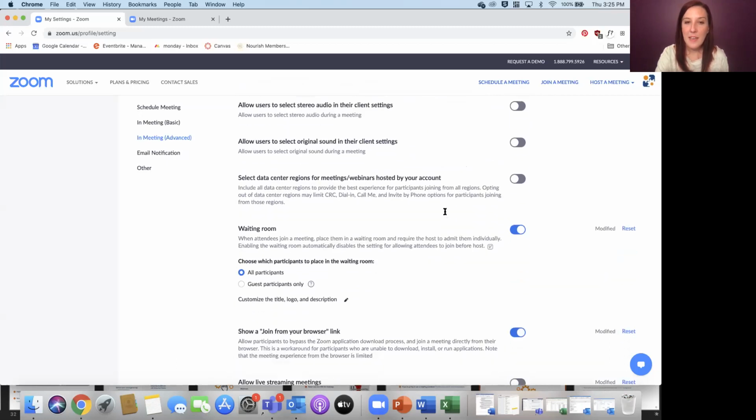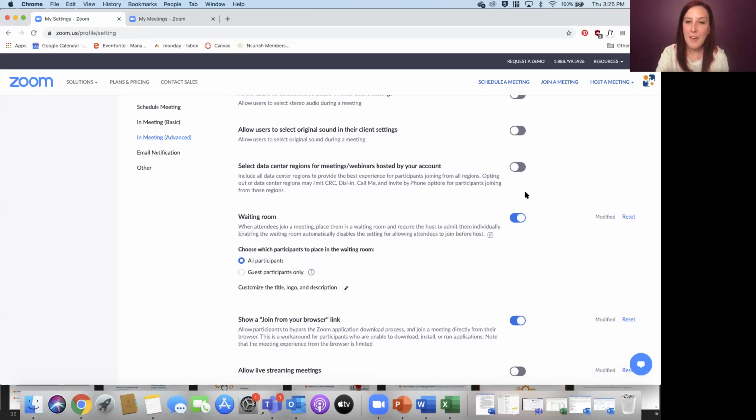Now this last thing is on the waiting room. So I have my waiting room set to always automatically default be on, and then I can choose which participants to put into the waiting room. So the difference between all participants and guest participants is that all guest participants is anyone outside of the admin level account for this particular Zoom setup.